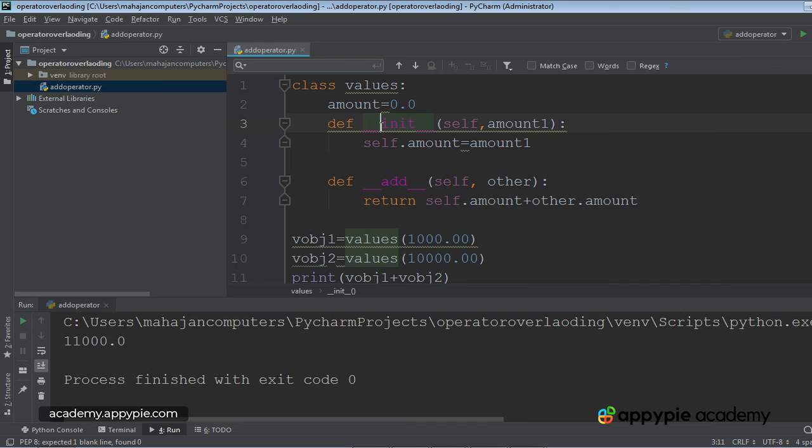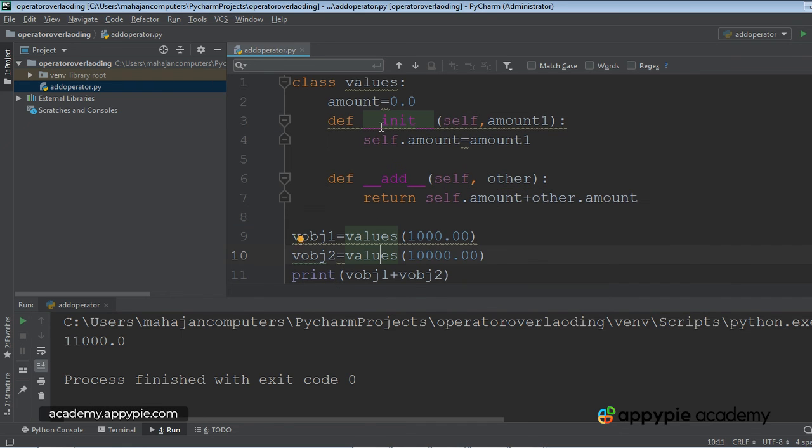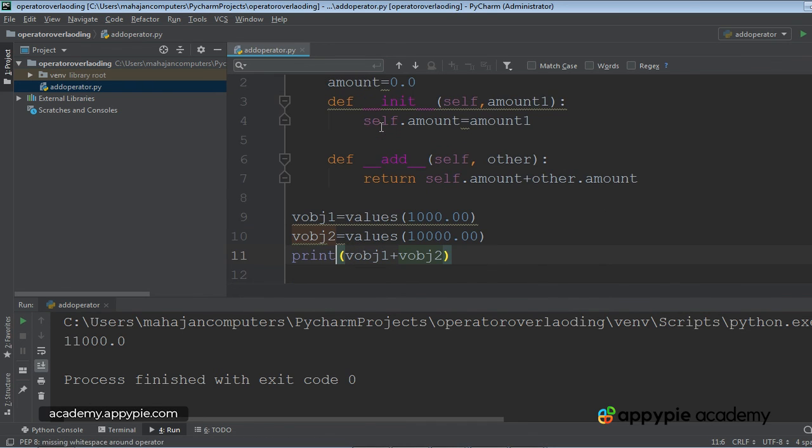Let me again brief you about this. Amount is our property, that is, an attribute. Two objects were declared, vobj1 and vobj2. When we wrote vobj1 plus vobj2, vobj1 became the current object, upon which the operator overloading method add would be called. Add is particularly used to add two objects, and vobj2 would be passed to other, and we are adding the amounts of both the objects and returning it back, and the result